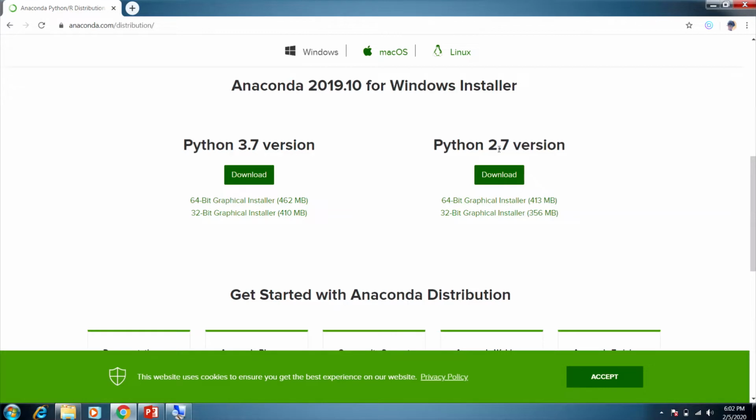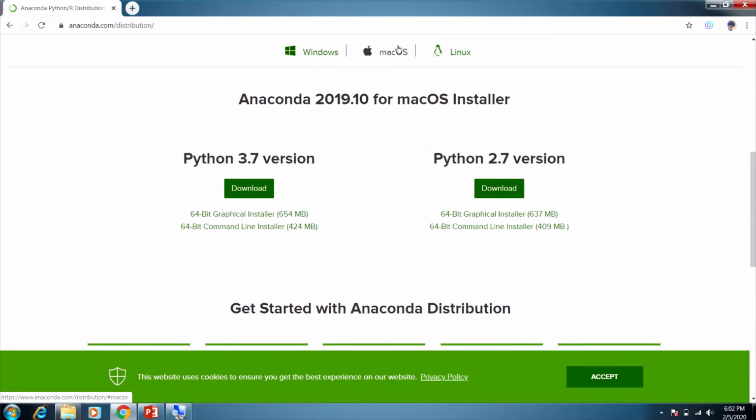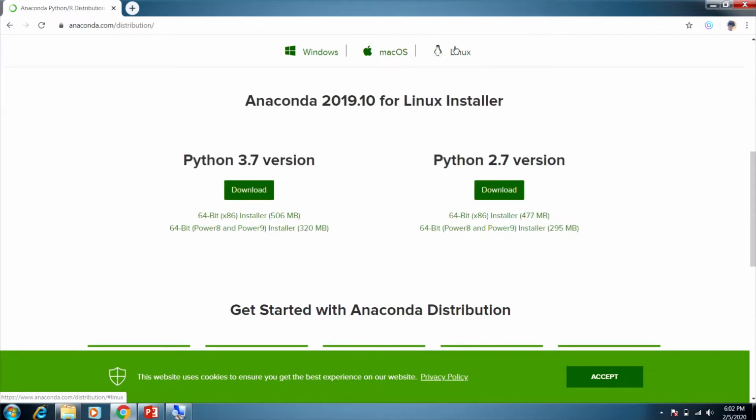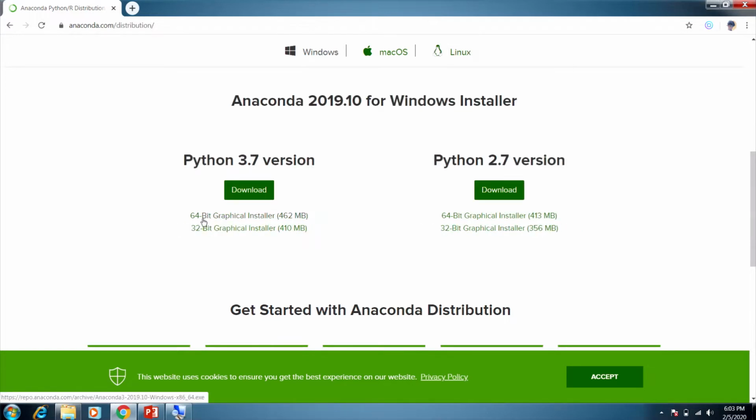So there we saw two, Python 3.7 version and Python 2.7 version. But 3.7 version is the latest version. Here you should install for Windows, and you can install for Linux too. These are simple menus you can click on. For Mac operating system installer, for Linux installer you should click here, but I have Windows, so I